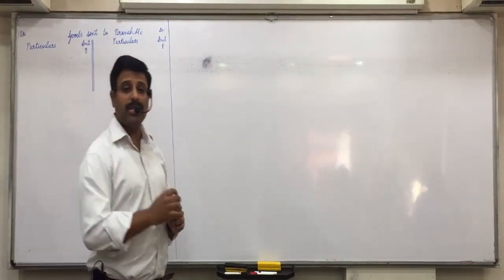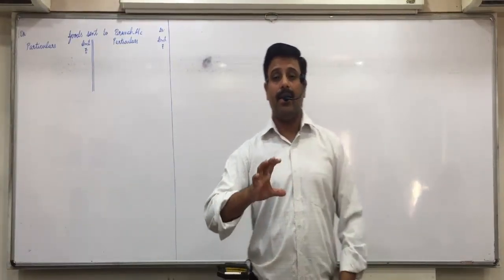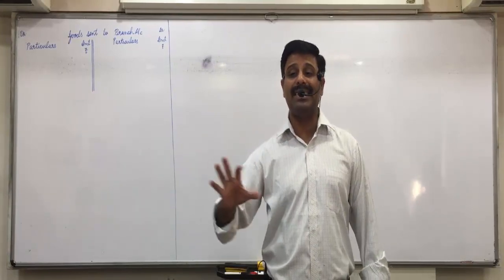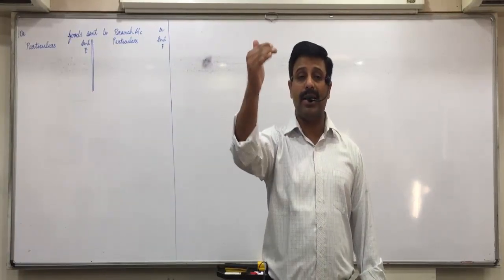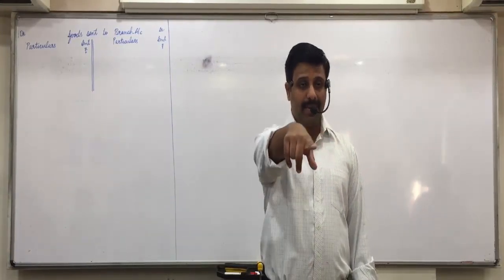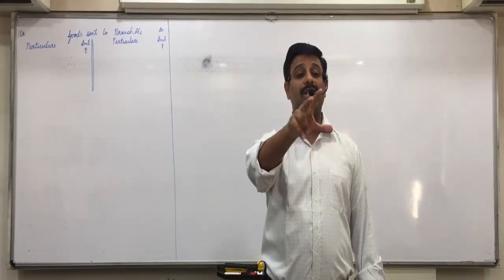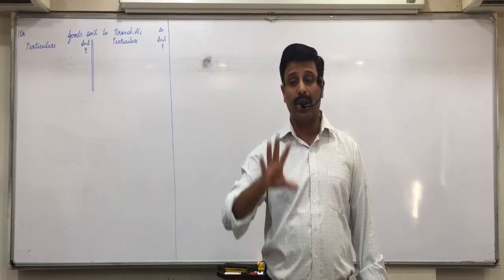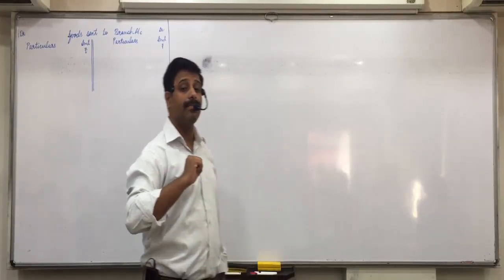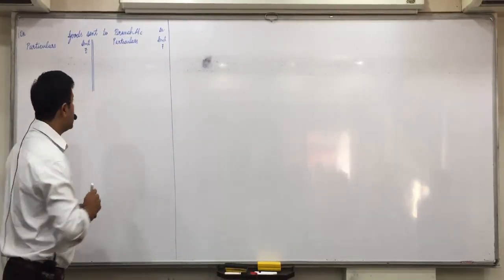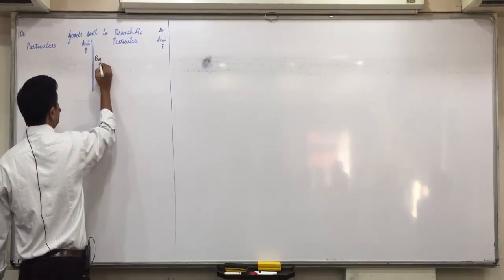What we have to do in goods sent to branch is simply post on the opposite side what we have already posted in branch account. See the previous account, branch account. Do you find debit side goods sent to branch? So in goods sent to branch, where should it come? Credit side, opposite account by branch account.